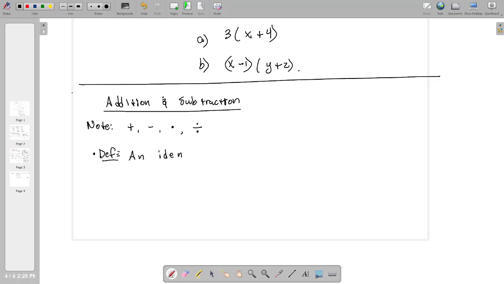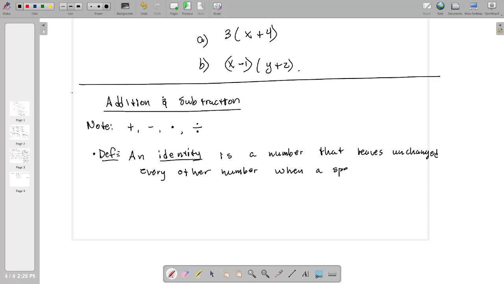An identity is a number that leaves unchanged every other number when a specified operator is applied. Now, this is important, that we specify an operator, because identities change when you change an operator. For instance,